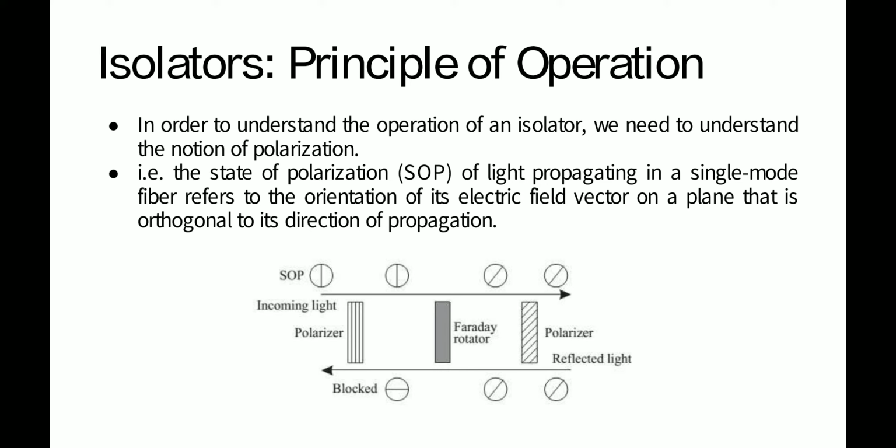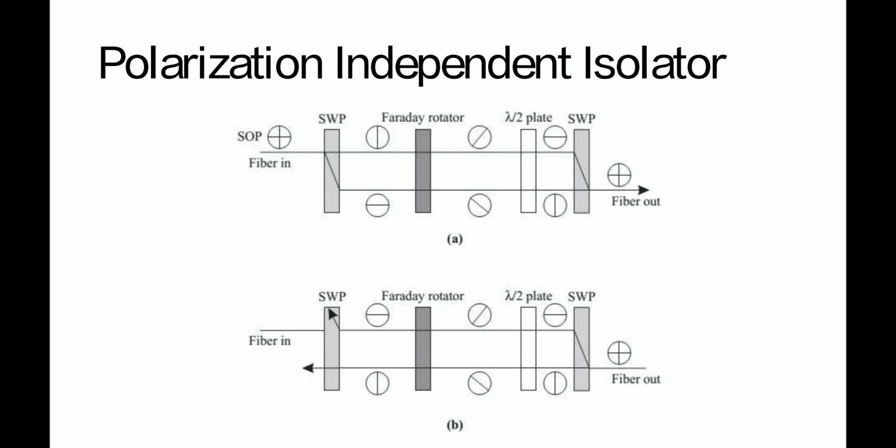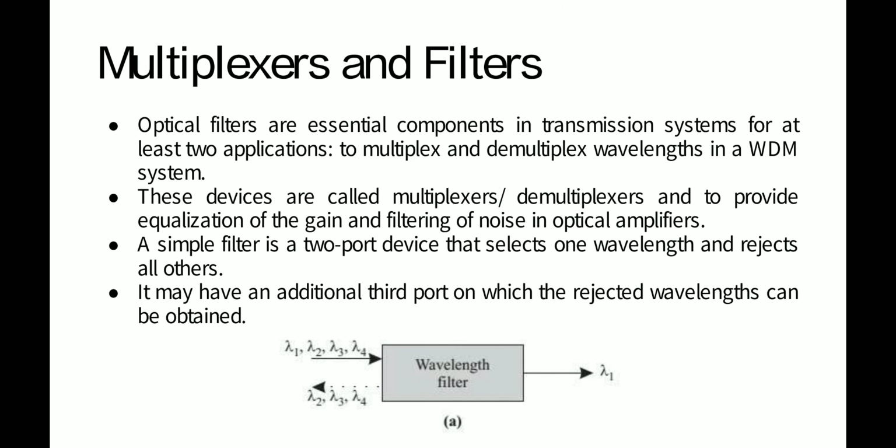Okay, so in electromagnetic rotation of plane, we used to have the ferrite materials, right, because it was electromagnetic energy. Here we are using the polarizers and Faraday rotators for the same purpose. So we will not go into detail of those diagrams, we will skip those and go to multiplexers and filters. These are the next components which are used in optical networks.